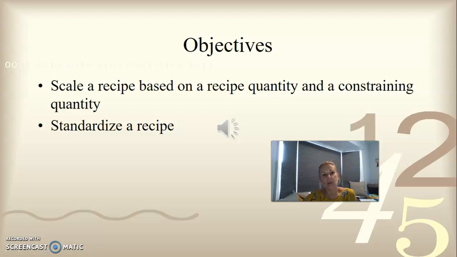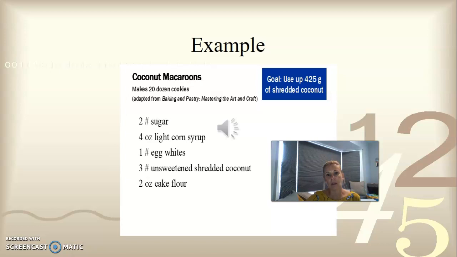So what we're going to do now that we've learned what a scaling factor is, we're going to scale a recipe based on either the recipe quantity or a constraining quantity. And then we are going to learn what it means to standardize a recipe. So in this case, we have a recipe for coconut macaroons, and our goal is to use up 425 grams